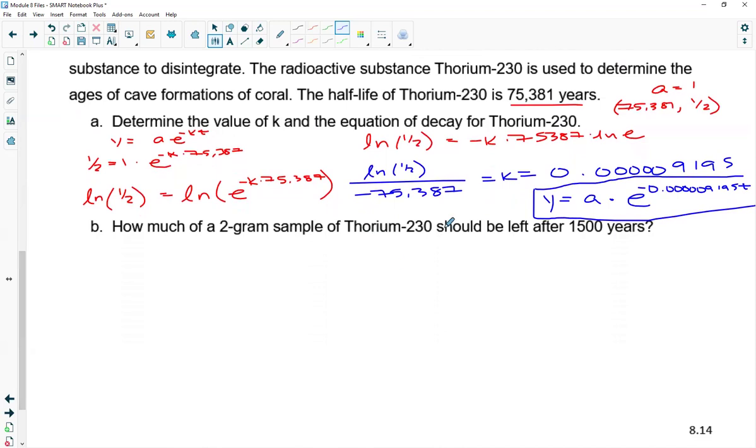Let's go ahead and look at this one here. How much of a 2-gram sample, so that's going to be our starting point, should be left after 1,500 years? So we're going to get y is equal to 2 times e to the negative 0.00000919 times 1,500. We're going to substitute that into our calculator, and we're going to get